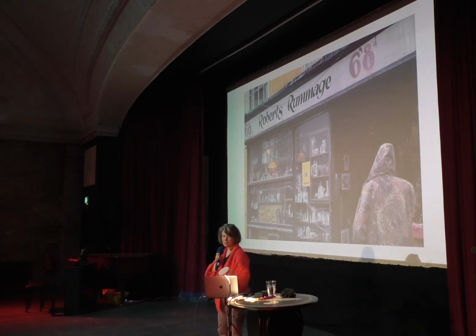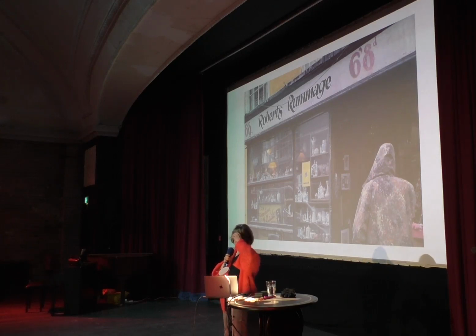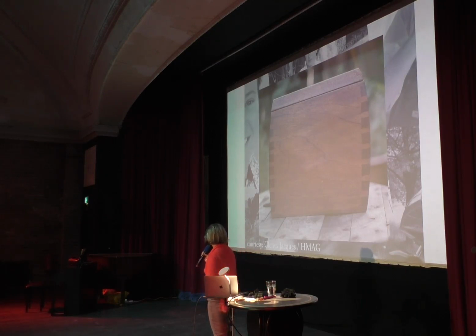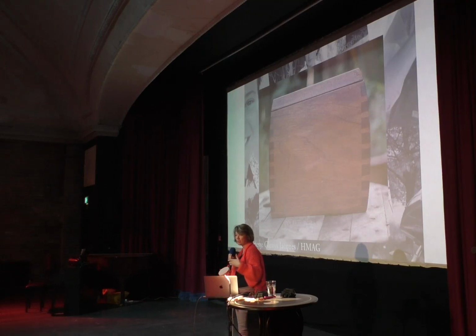So Robert's Rummage is something of that, but the worn but still impressive kind of leads me to my place of work, which is the Hastings Museum and Art Gallery. This is one of the projects that we did with the Queer History Collective, and Glenys is a woman who has trained as a carpenter and made her own box that she's then gifted to the museum, so it's now part of our collection. So we are collecting